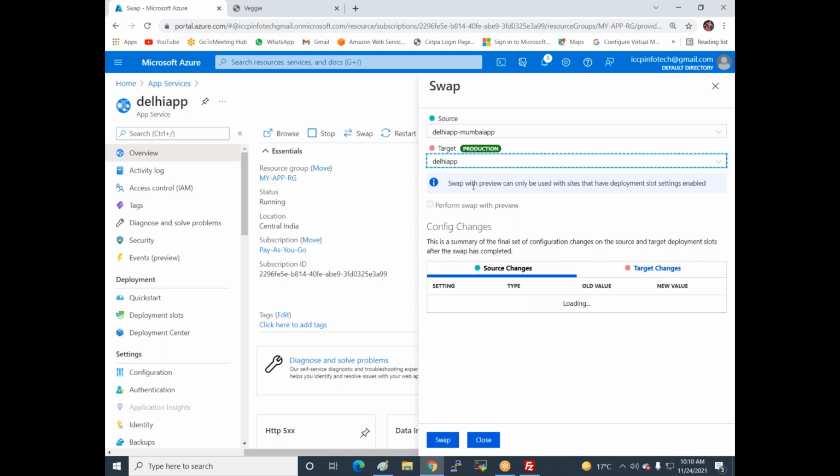What happened? The target is the Delhi app, the source is Delhi app hyphen Mumbai. So I'm using the swapping key, and now click on swap.